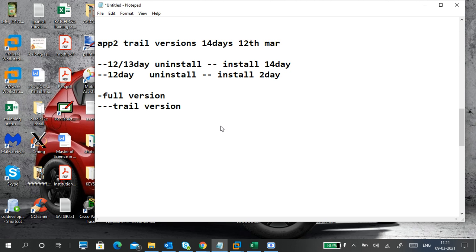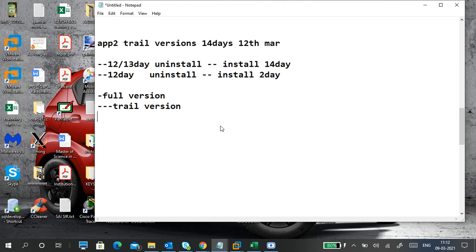You uninstall the trial, install the full version, and it still shows trial, or you put in a key for registration and it still shows like that. This problem existed earlier because internet activation was not there. Now there are internet activations, so this kind of problem doesn't come.